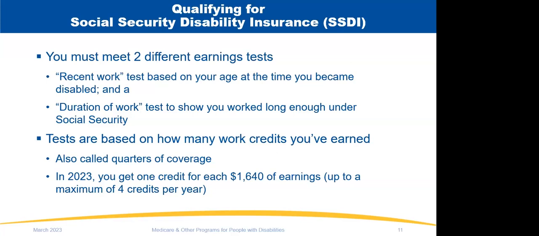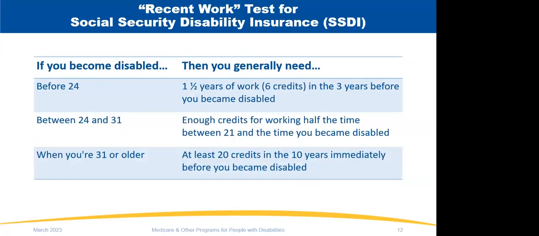So everyone that works and they have Social Security earnings, they're earning credits. You can earn 4 credits in a year. Each year, Congress sets a dollar amount that a credit is going to be worth. In 2023, that amount is $1,640. So once you've earned, I think, $6,560, you've gotten your 4 credits for the year. Right. So we're going to be looking at duration, and we're going to be looking at the recent work.